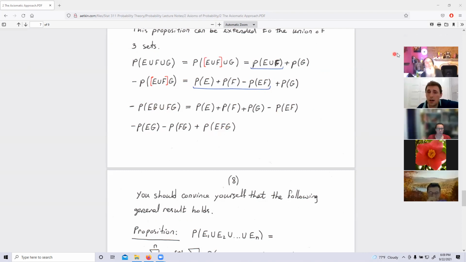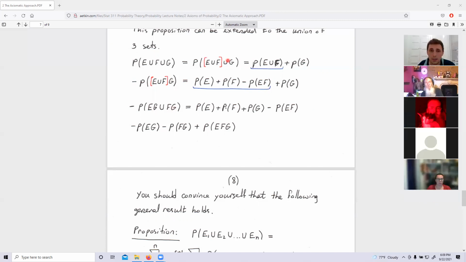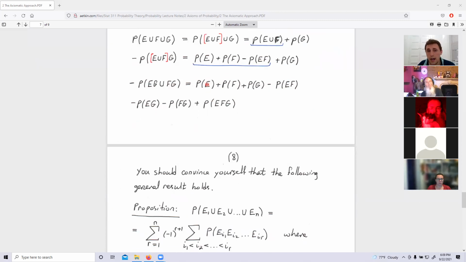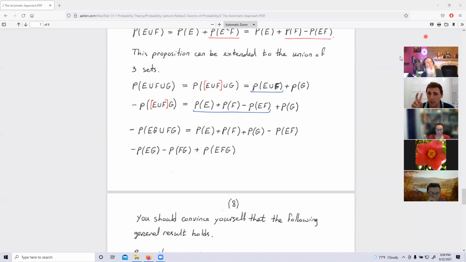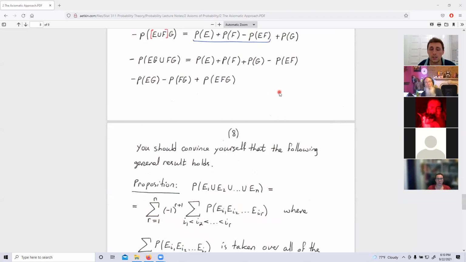Yes? Now, what's the pattern, guys? Look at it. The pattern is very interesting. For the union, I add up all the single events, subtract every possible combination of pairs. Do you see that? First, second, third, every solitary event is added, subtracted every pairing, and then adding every possible triple. That's the general pattern. You can convince yourself that that's the situation that's happening all the time in the general inclusion-exclusion formula.